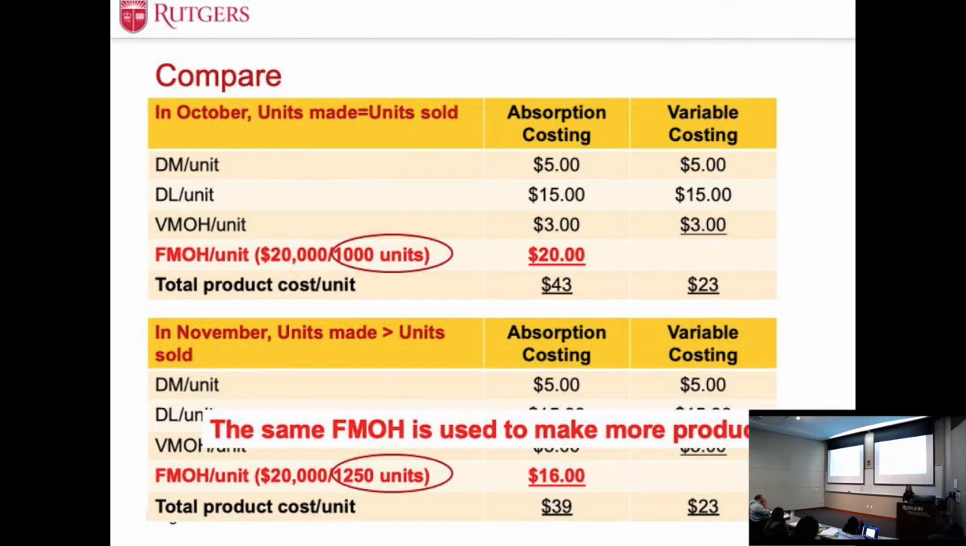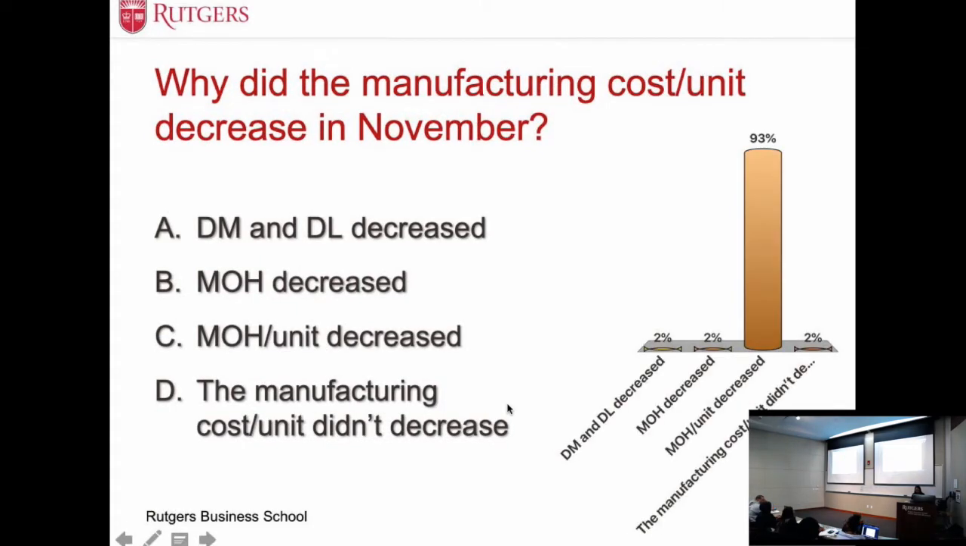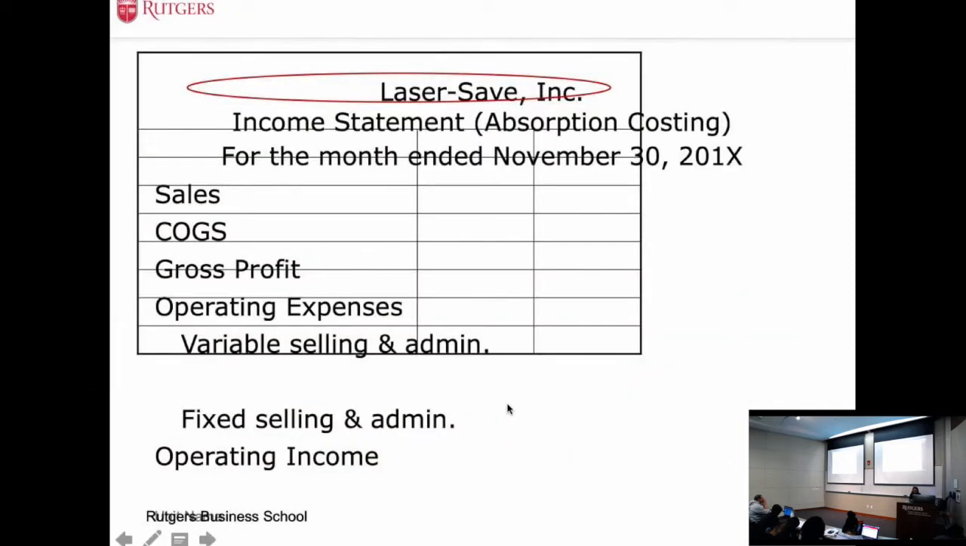And now let's practice this clicker question. Okay, so most of you got it, right? Because the unit fixed overhead is decreased because now the fixed overhead is allocated to more products, right? That's the reason. So the next one